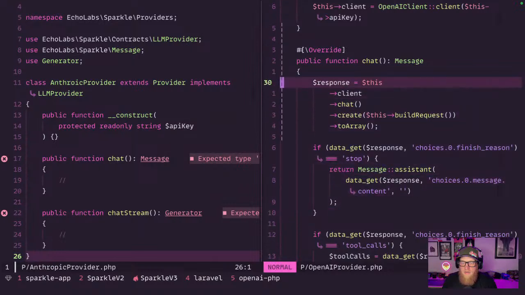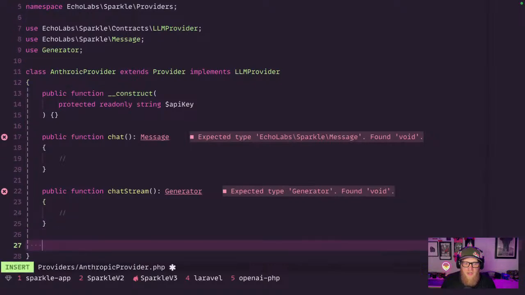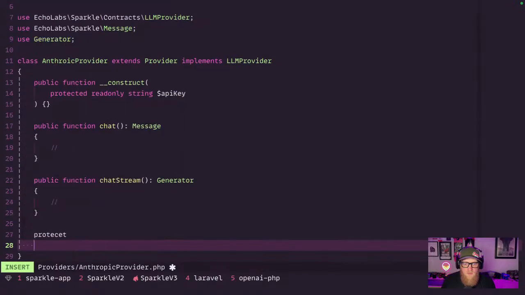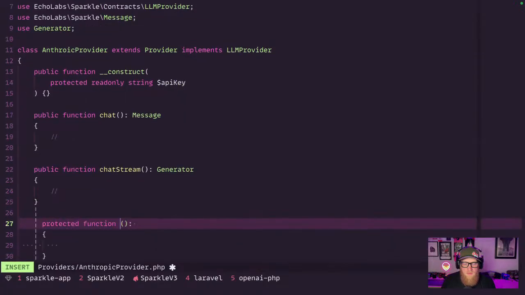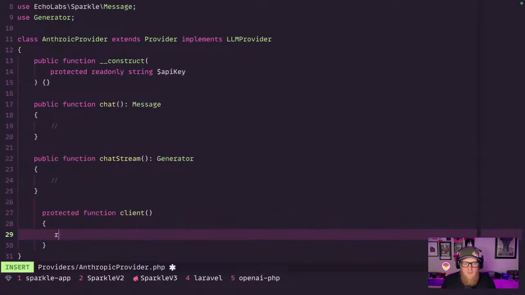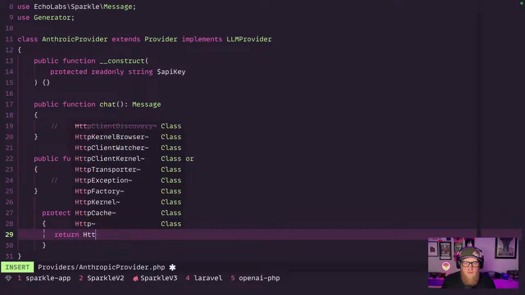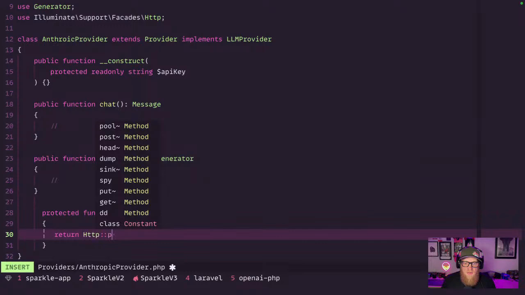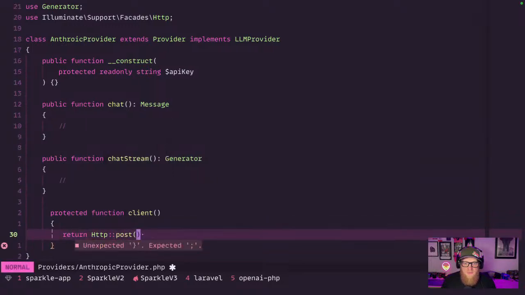All right. So this gives me a little bit of inspiration moving towards what we're going to do. So we can create a client. We're just going to use HTTP for this, and then we know we're going to be posting. So let's go take a look at